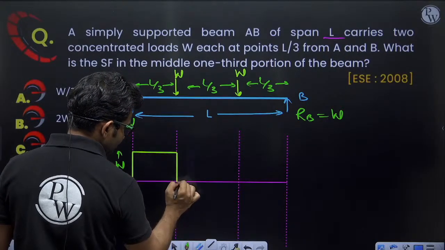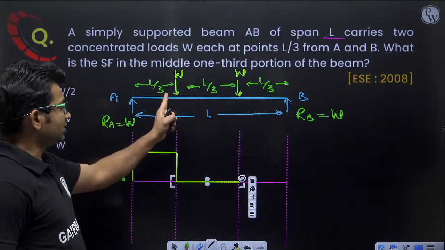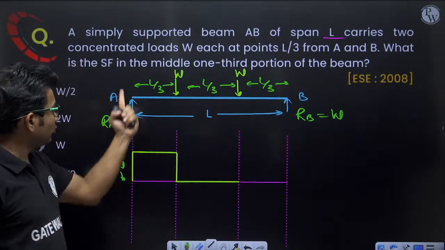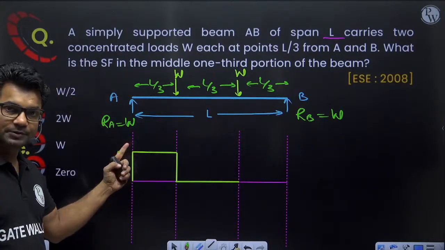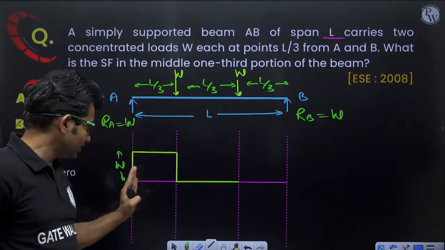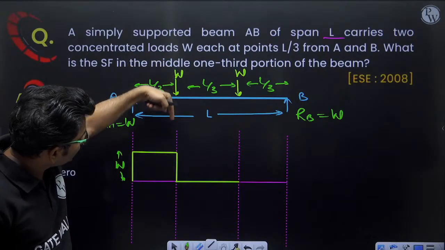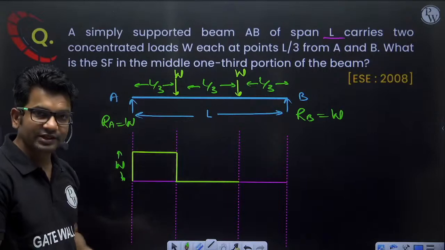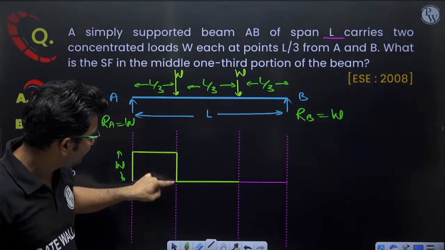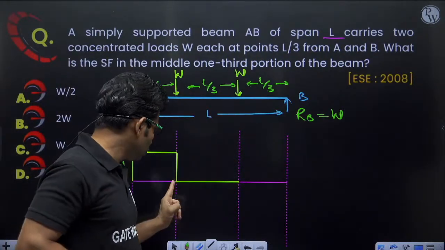So this shear force will become 0, and from here to here, there will be no change, because there is no loading in this portion. Because of this support reaction, it rose by W amount. Then in this region there is no loading, so there is no change in shear force. Here, because of this load W, there is a drop in the value of shear force magnitude by an amount equal to the point load W, and from here to here again there is no loading,